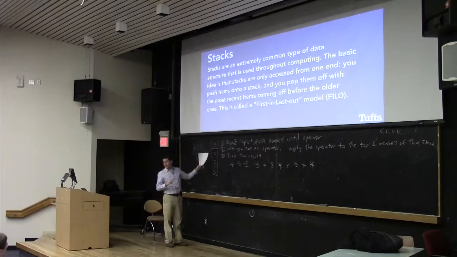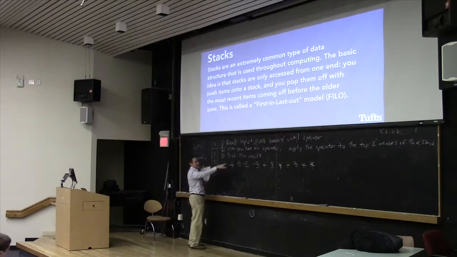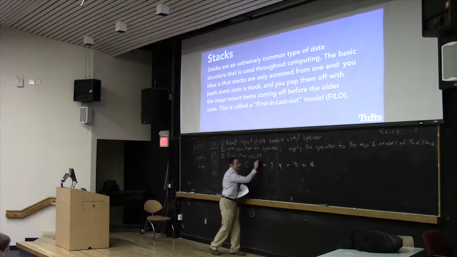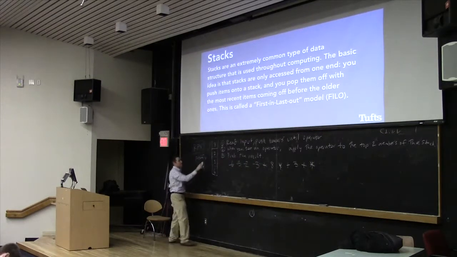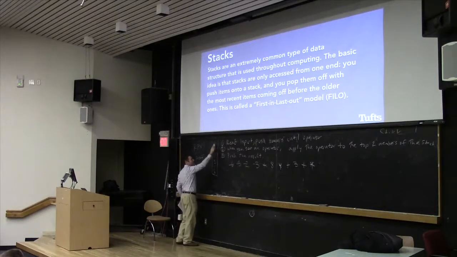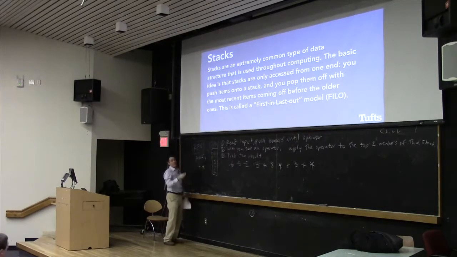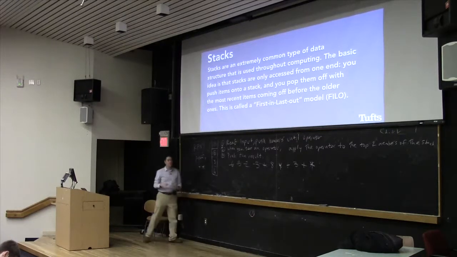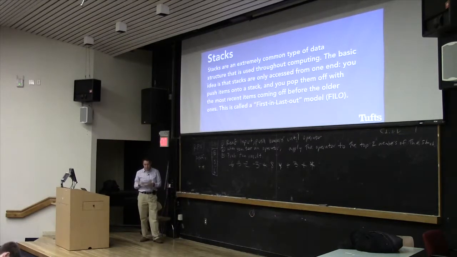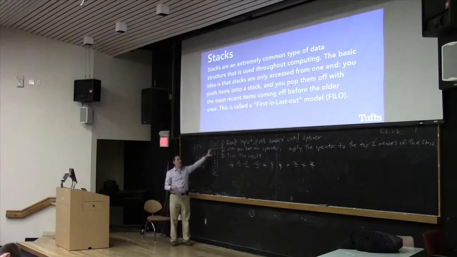Pop the top 2 values, 3 and 2, and then add them. So we're doing the add. We pop the 2 values and add them, and then push the result back on the stack. So now our stack looks like that: 6, 5, and 5. And remember, we can only access this one. Unless you're doing something not stack related, you can only access the top one.